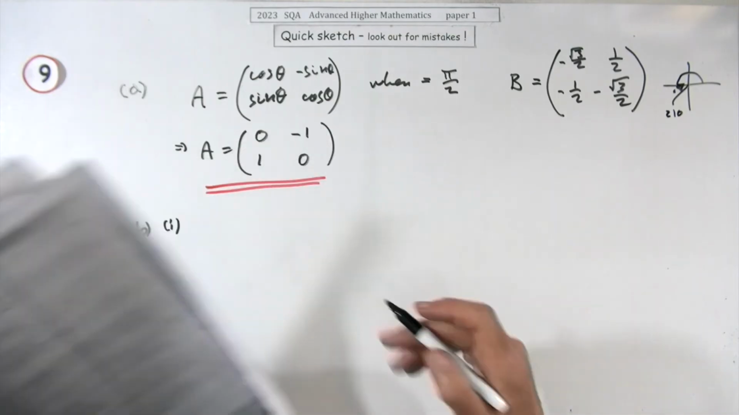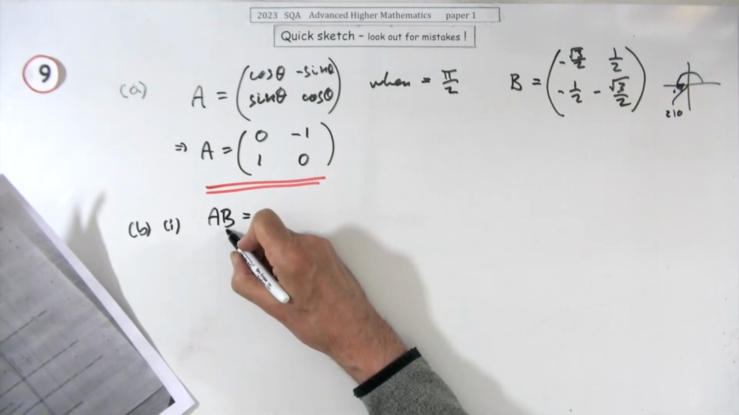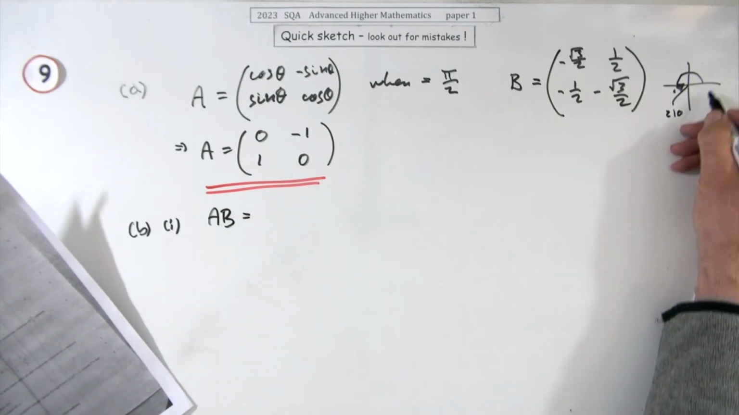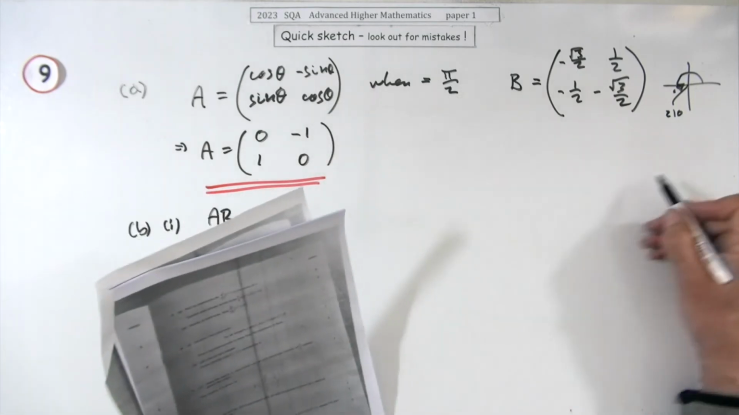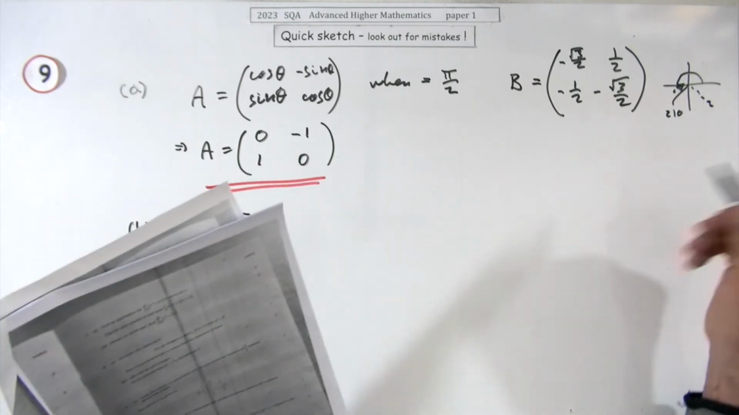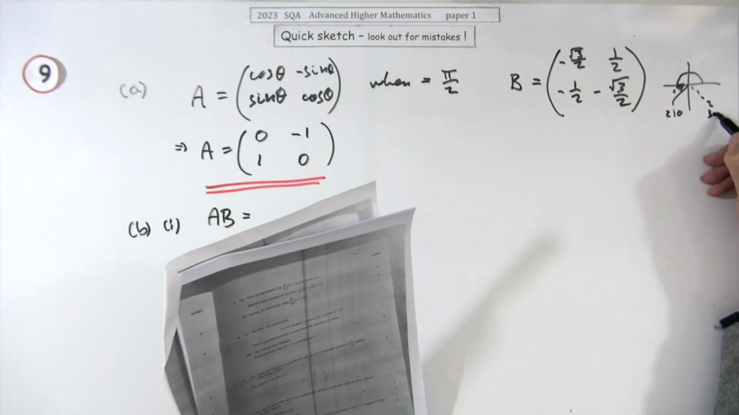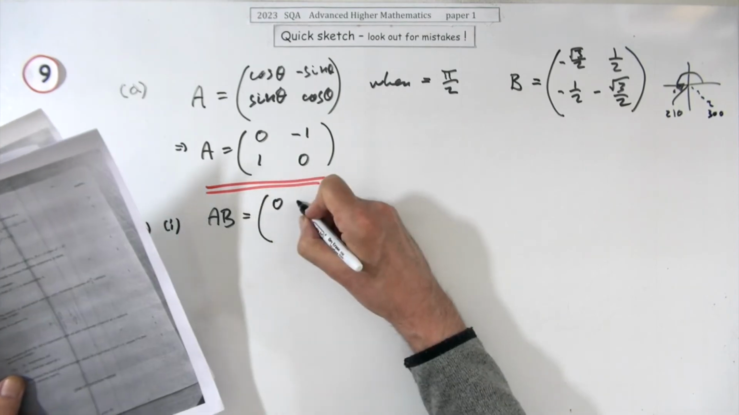But it says determine AB. Oh well. AB is a composition of transformations, which means carry out B first, which is rotate at 210, then follow it with A, which is rotate it by 90. So that's going to take you to 300. So your final result will be a matrix that rotates it by 300. So AB is going to be, but you have to multiply it out,